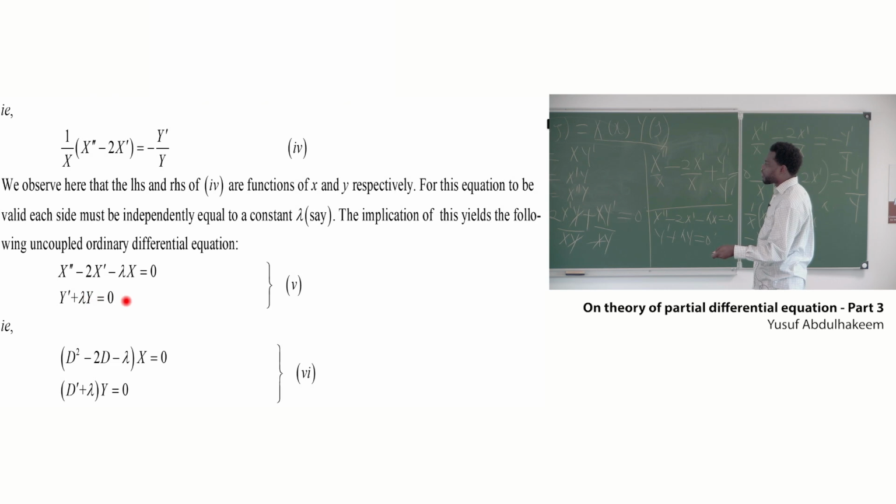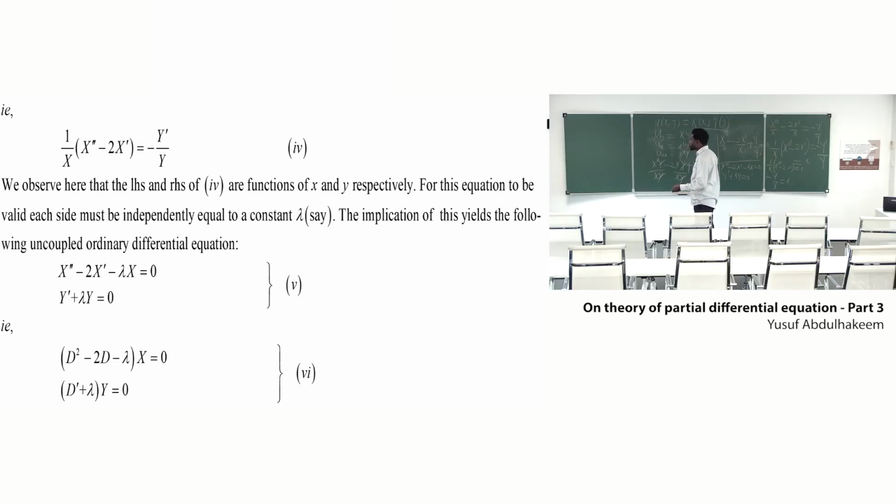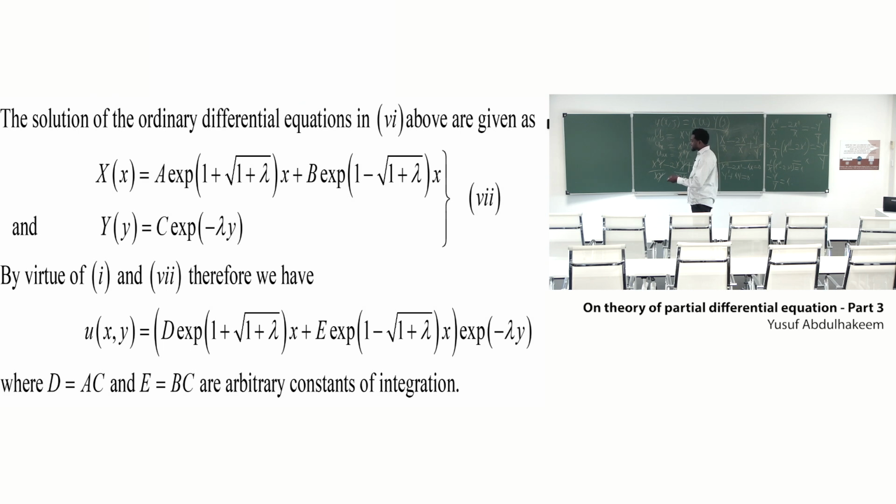So this corresponds to what we have here. You can see we know that this d here is di x. I mean, d is di x and d prime is di y. So this differential equation corresponds to this. So we can now use our earlier method that we know to solve these two differential equations. And on solving that, for x of x, this is what we have as the solution, and for y of y, this is what we have as the solution.